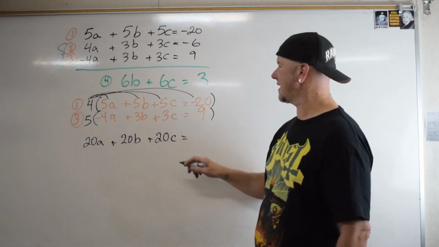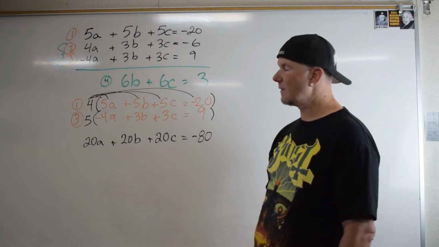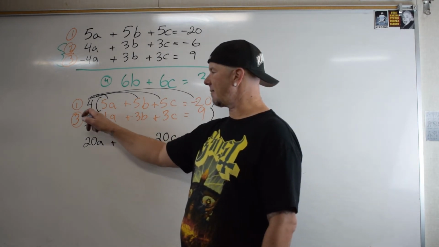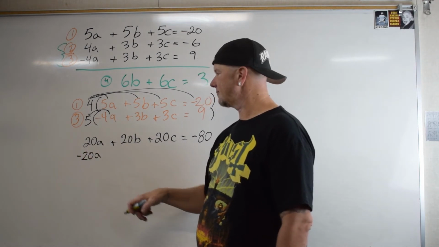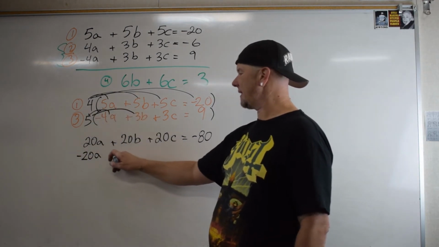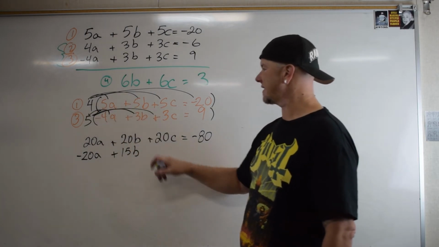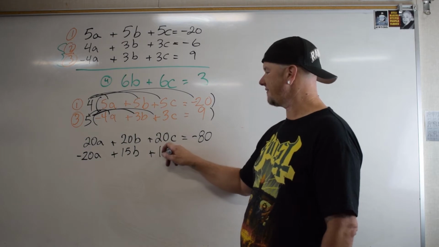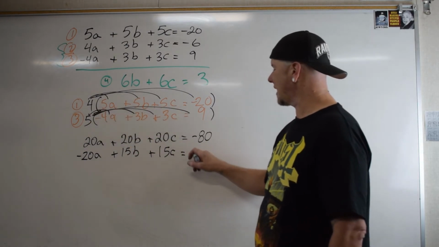If I multiply the bottom, 5 times negative 4a would be negative 20a. 5 times 3b is 15b. 5 times 3c is 15c. 5 times 9 is 45. Right? So again, doing it so that these two are the same, so that now if I were to add